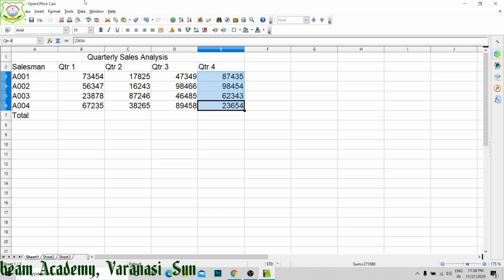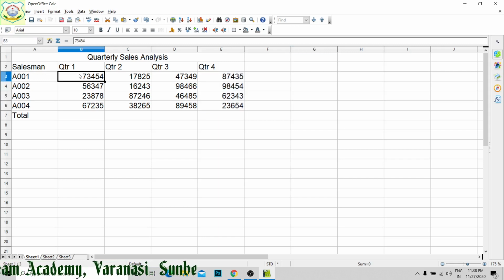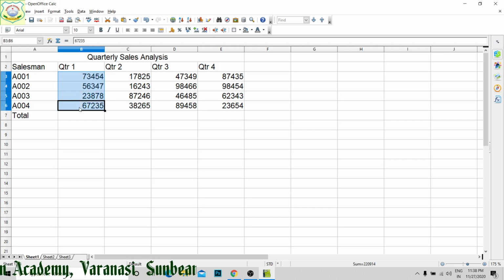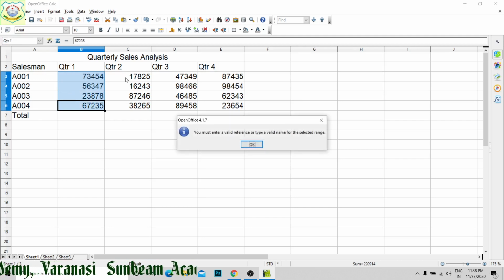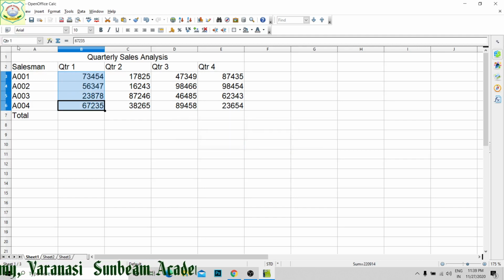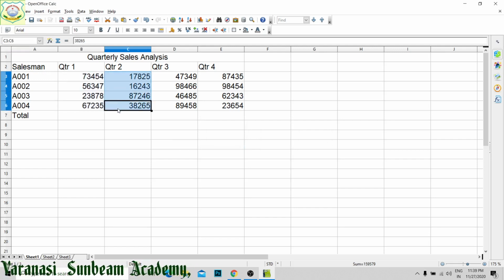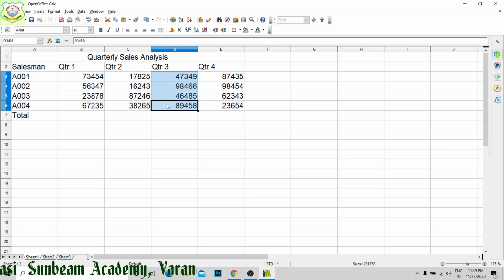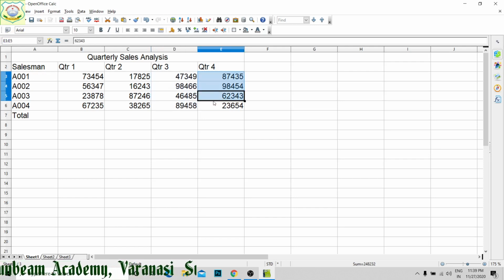Now if you select the range anywhere, you will get its name, whatever you are going to define, quarter 1, then this will be quarter 2, this is quarter 3, this is quarter 4.